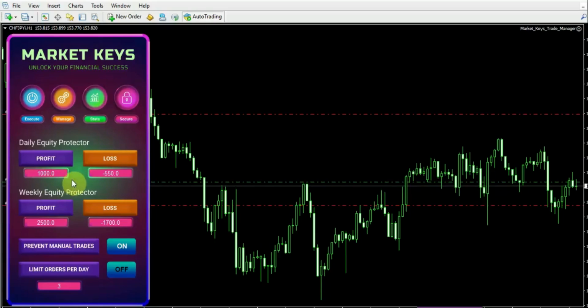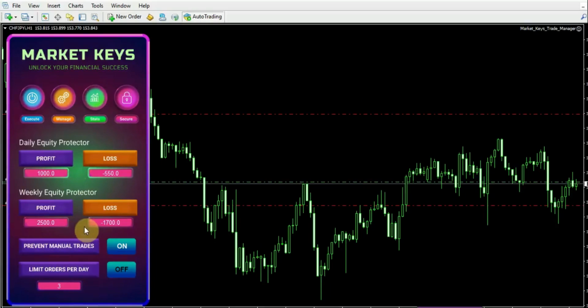And guys, let's dive into the next two game-changing features of this trade manager. Believe me, these are the ones you absolutely need to have in order to master your trading psychology. Overtrading is a common trap that many traders fall into. Picture this: you just lost $500 in the market, and what do you do? You try to make it all back, right? But that often leads to even more losses, and that's where this genius idea comes in, the prevent